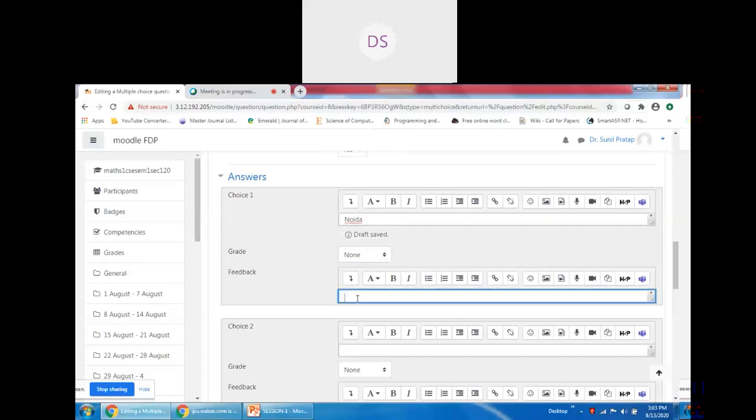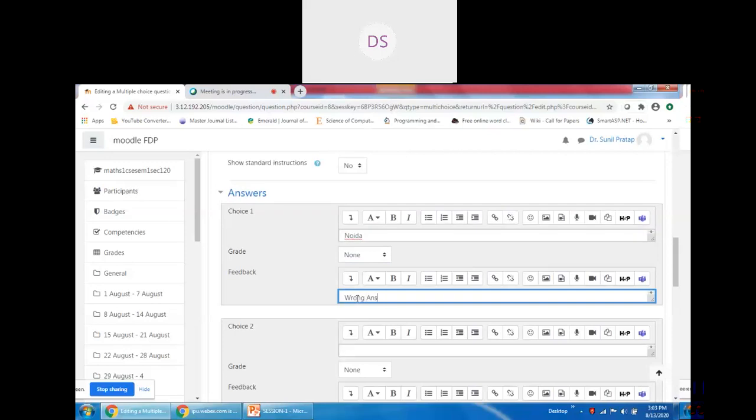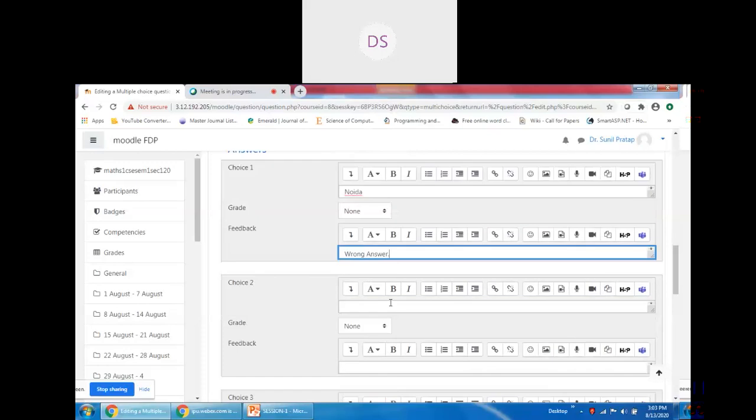So feedback: wrong answer. Okay. Now the second choice, Ghaziabad. Will you give any grade for this option? No, none, because the answer is wrong.